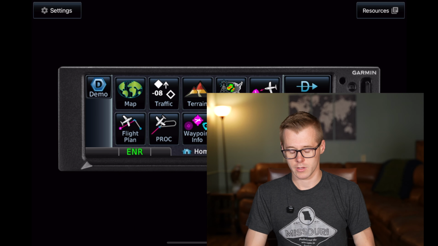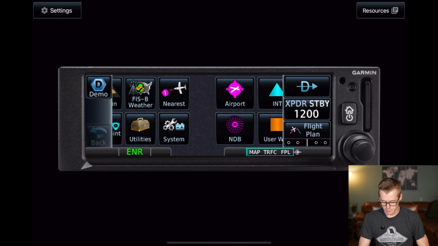In this video, we're going to dive into how to create user waypoints in a Garmin GPS series navigator. That's going to be the GNX 375, GNC 355, or GPS 175. Let's go. Okay, so if we want to create a user waypoint, we can go to the waypoint information page